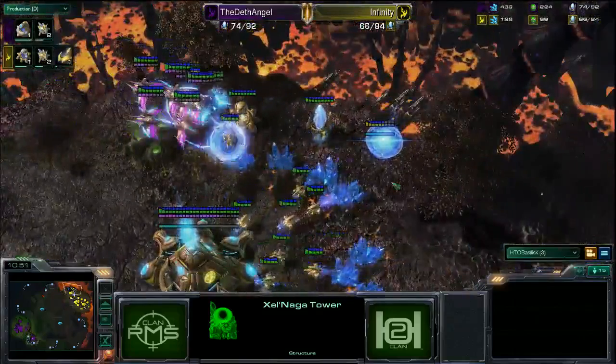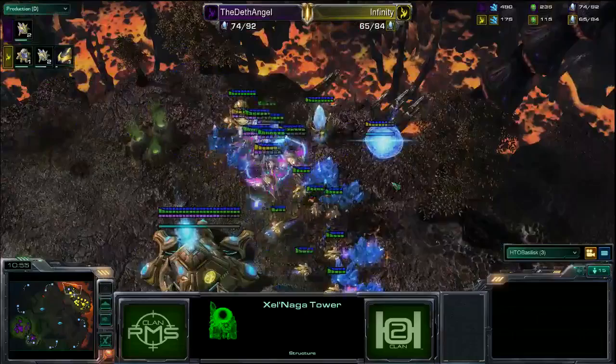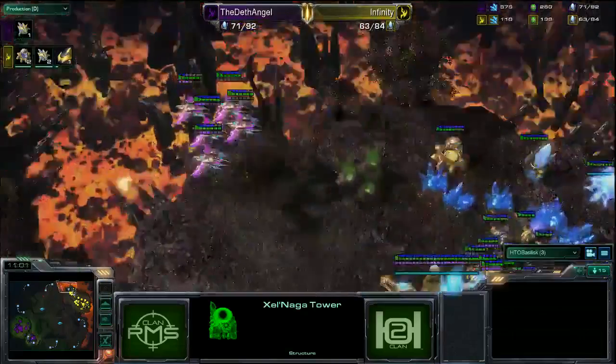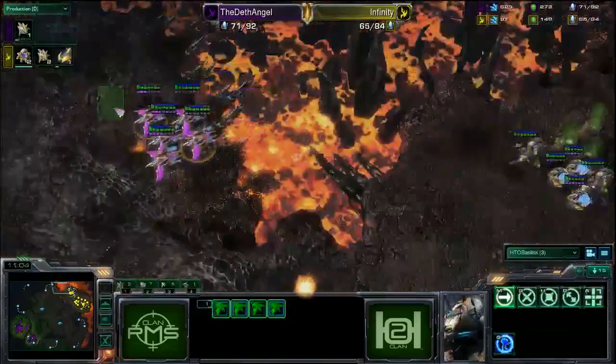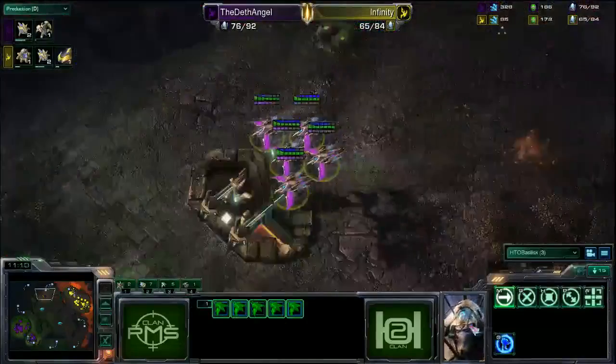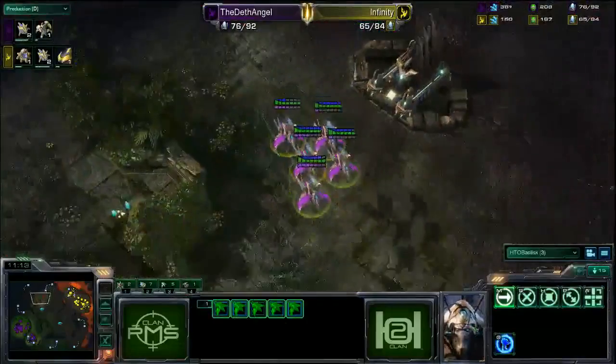coming into the natural, and this photon cannon is going to be doing a lot of damage. Yeah, actually going to try and kill off as many probes as he can. 2 Phoenixes. He does lose 2 Phoenixes, though. A big loss there. Actually, up 2, yeah. So he's back down to 5, but again, keeping